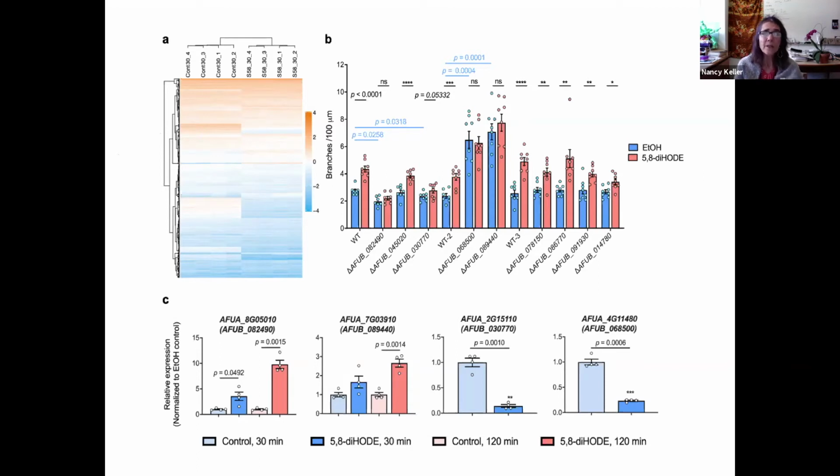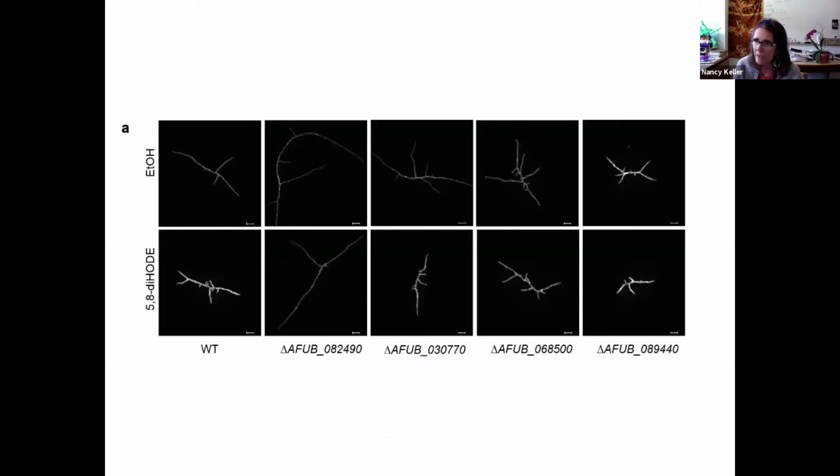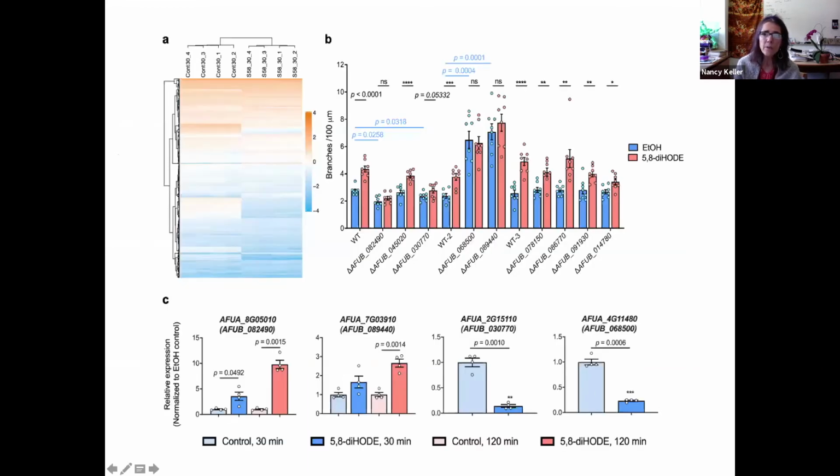We had many, many genes that were significantly differentially regulated, enough that we decided what we would do is just look at the transcription factors that are differentially regulated. This is all in Aspergillus fumigatus now. We found 35 transcription factors that were significantly differentially regulated. Now, 35 is a lot, but luckily there is a transcription factor deletion library in Aspergillus fumigatus, headed by Dr. Michael Bromley. And so Michael joined our study, and we tested these 35 several times.